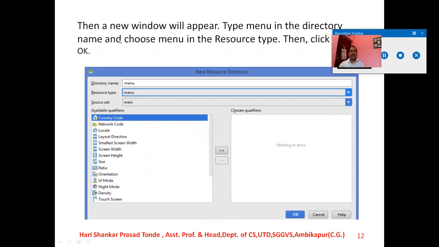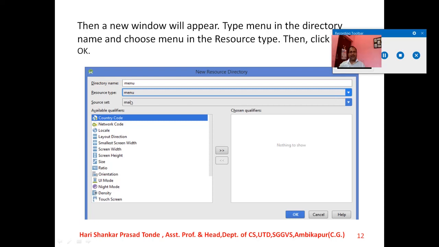After clicking that, a new window will appear. Then type menu in the directory name and choose menu in the resource type. The resource type is a combo box, and many types of resource types are there.